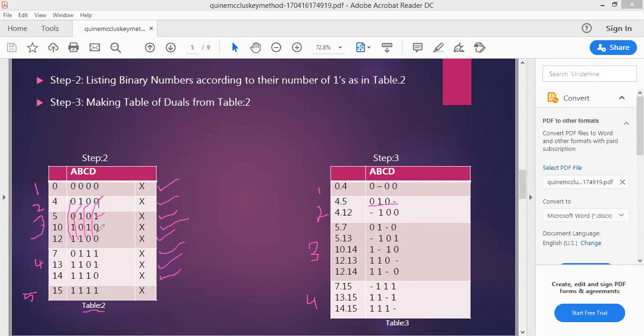Again, the next we are comparing is 12 and 7, which cannot be grouped as it has more than one difference. And we are comparing 12 and 13. Of course, we can group that because it has only one difference at bit position D. So we are grouping 12 and 13 here. They are already marked as grouped. And next we are comparing 12 and 14. Of course, there is a difference in bit position C. There is only one difference. So we can group 12 and 14. So we have written that here: 11-0 for 14.